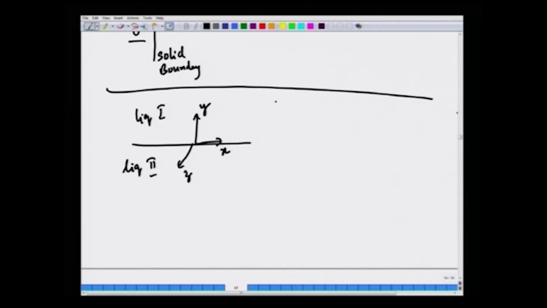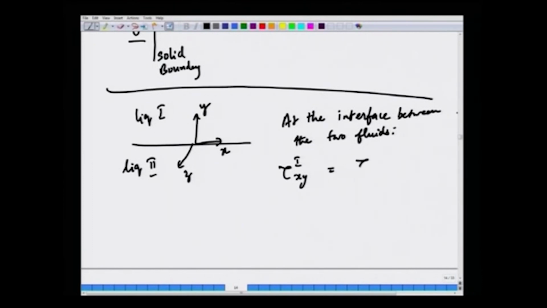Then the conditions are that the stress must be continuous at the interface, at the interface between the two fluids. Tau x y in fluid 1 is equal to tau x y in fluid 2. Then the normal component of the stress is also continuous. Tau y y in fluid 1 is also equal to tau y y in fluid 2, and in order to